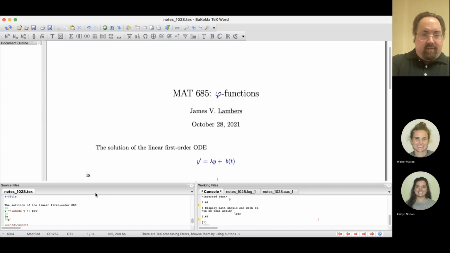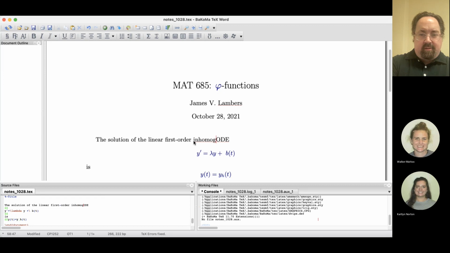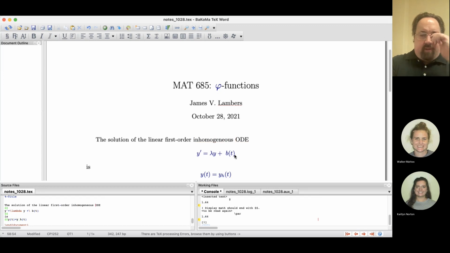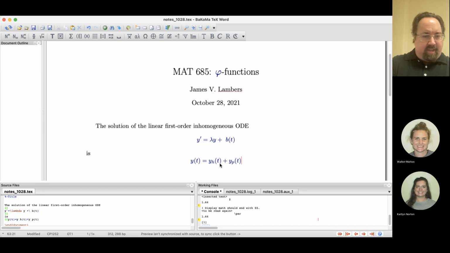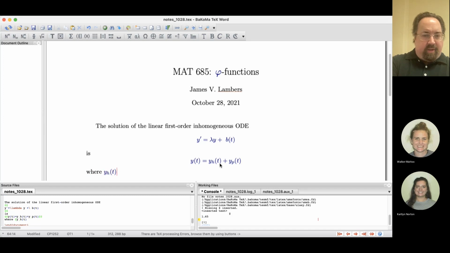All right, a solution of a homogeneous, so this is an inhomogeneous ODE because of the b of t. So a homogeneous solution and the particular solution, and we only care about the